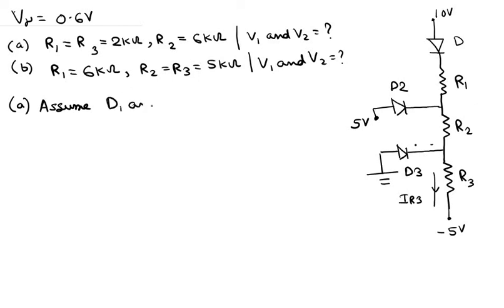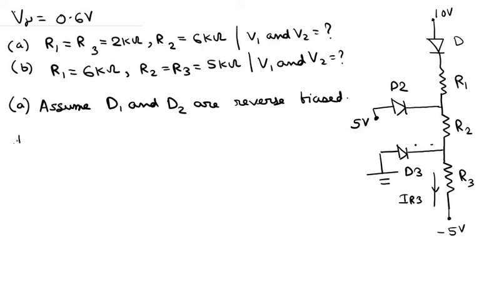Assume that D1 and D2 are reverse biased. So if D1 and D2 are reverse biased, just as I said, the current directly flows through the diode D, and then whatever current flows through the diode D also flows through the resistors R1, R2 and R3. Okay. So we assume that D1 and D2 are reverse biased, and based on that assumption,